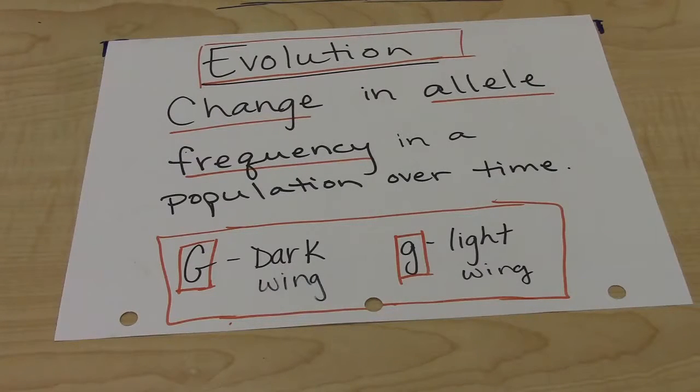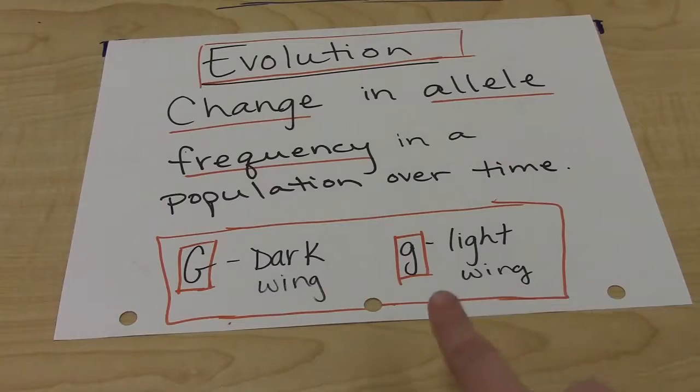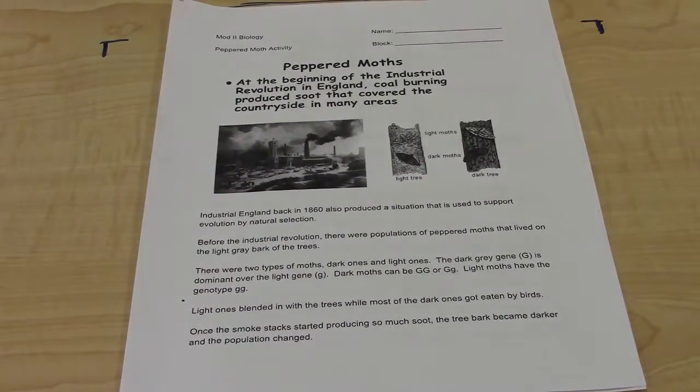So previously we were looking just at phenotype, but now we're looking at genotype. And the genes that we're looking at this time are the dark-winged moth gene, which is dominant over the light-winged moth gene. So while looking at your handout, see that